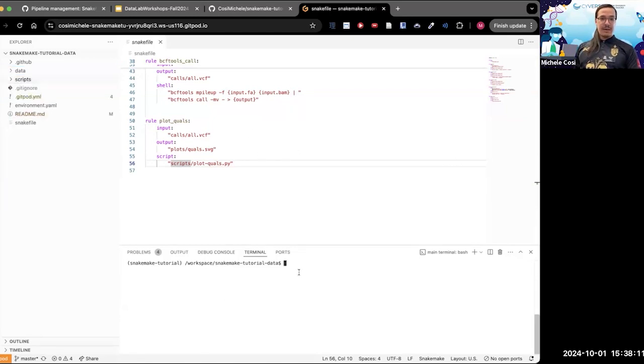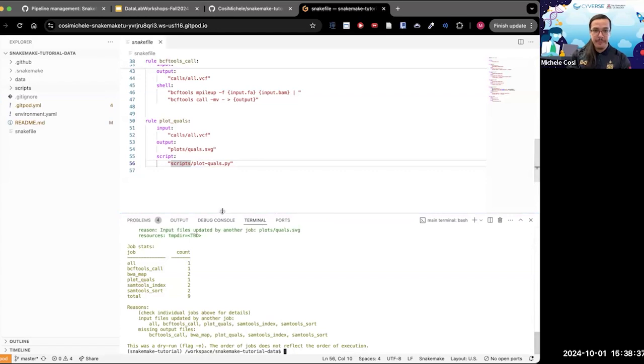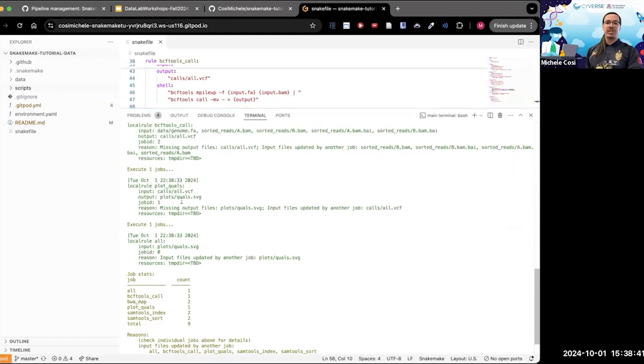So, remember what I mentioned to you right now. Snakemake runs if the snake files are currently present. How do we know if it's present? I'm going to do a list, and I can see that a snake file is right there. So I'm going to just do the first dry run, snakemake -n. I'm going to press enter, and I'm going to make this a little bit bigger. And it creates a pretty good output, which tells me,